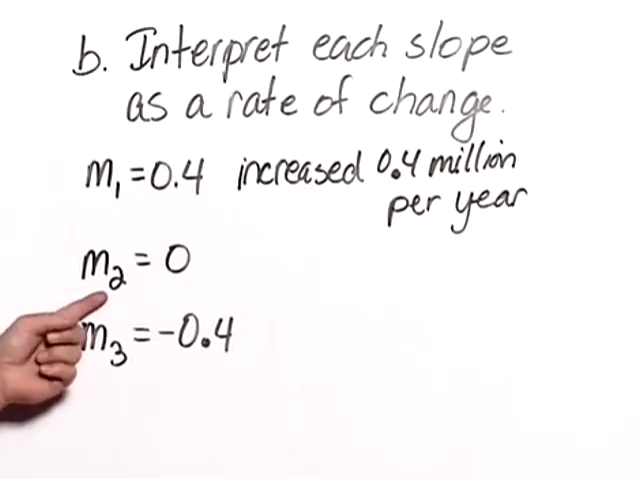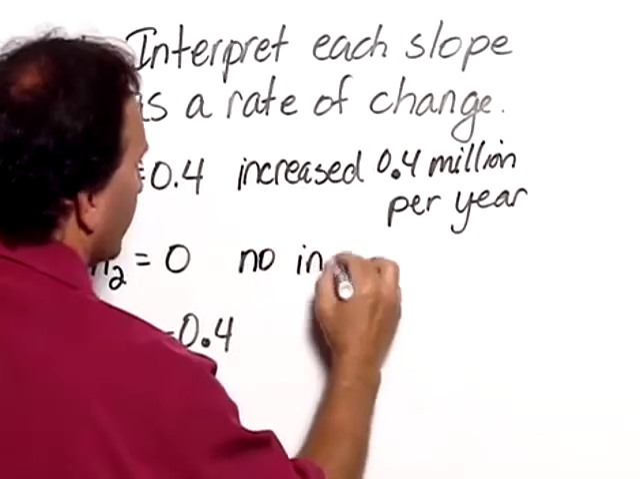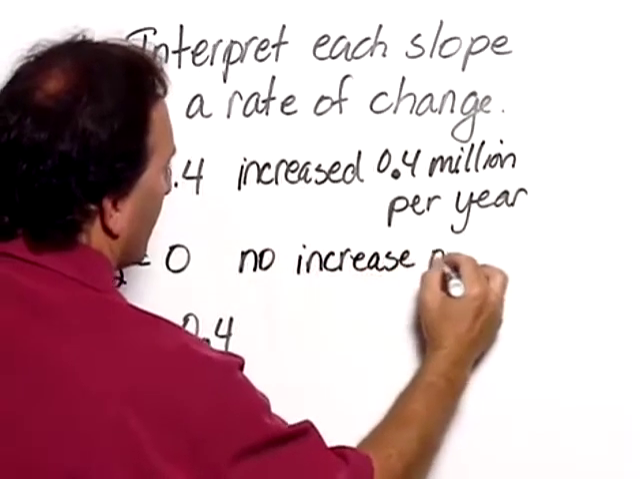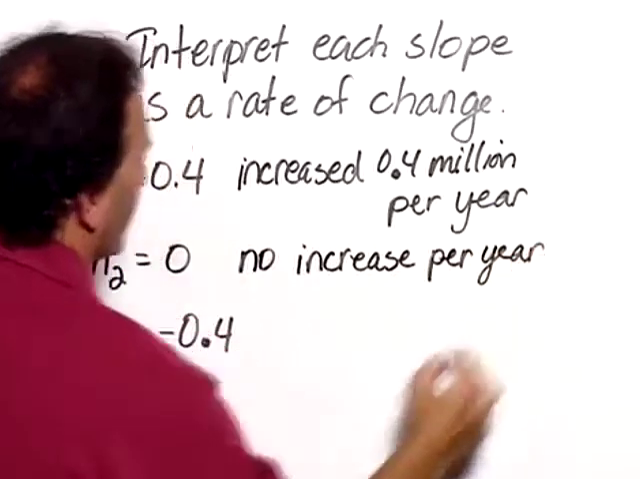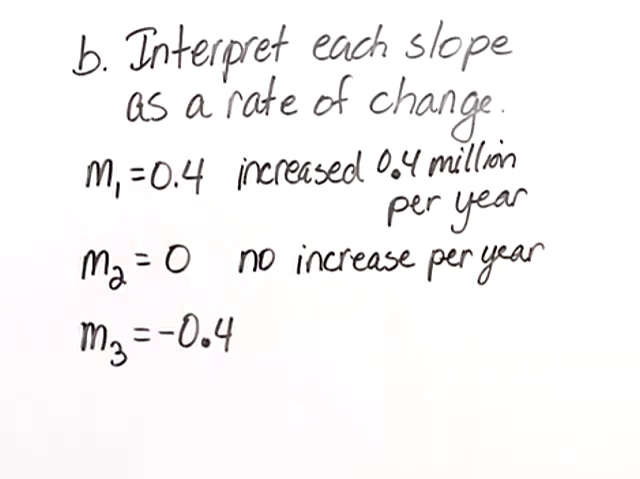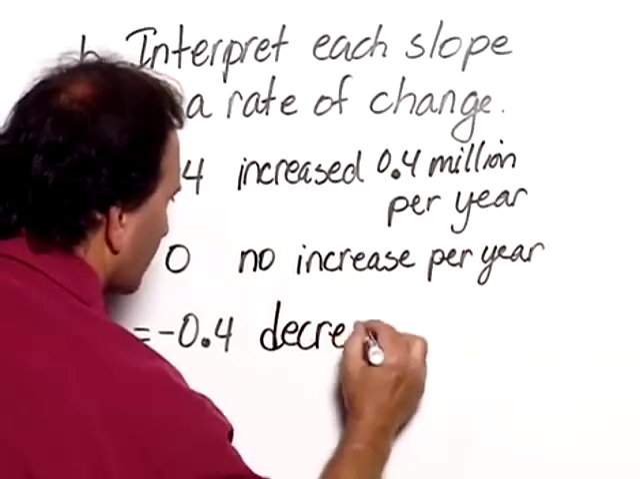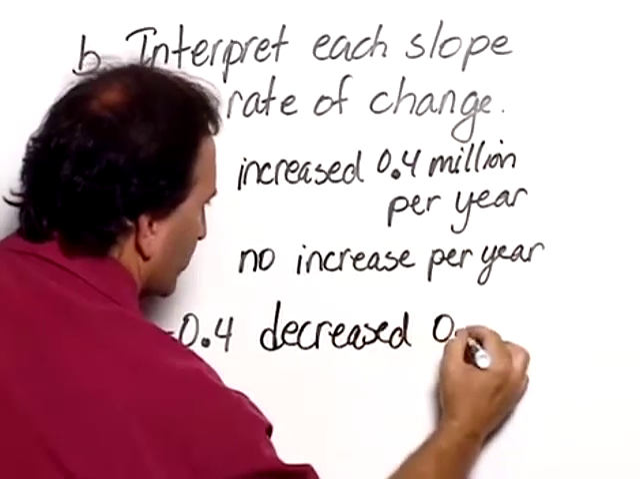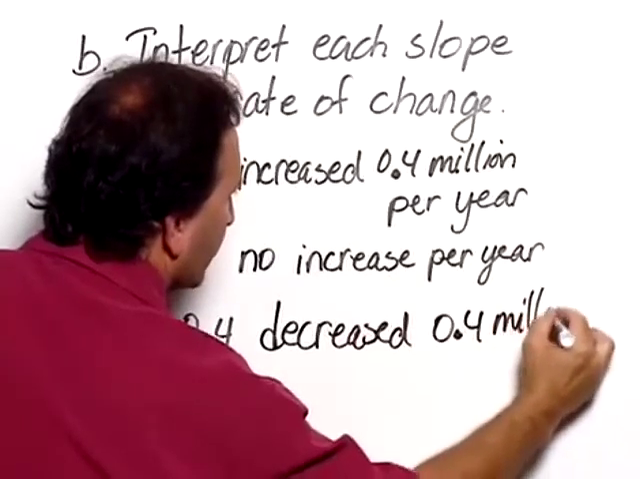Now for the second slope, M sub 2 equals 0. Remember that was the horizontal line segment. We interpret that as there was no increase per year. Or you could write a 0 increase per year. For M3, which is a slope of negative 0.4, that would be that the number of welfare beneficiaries decreased 0.4 million